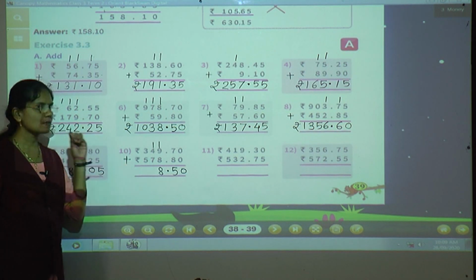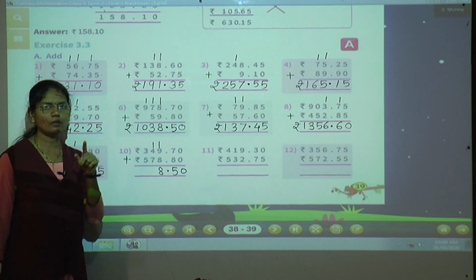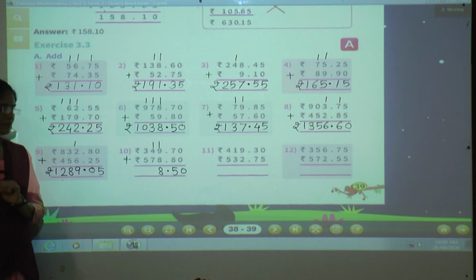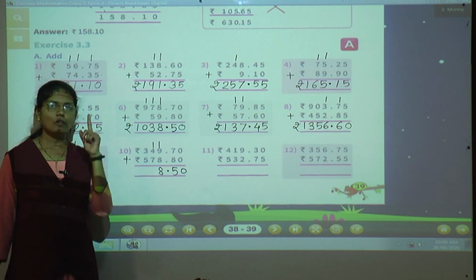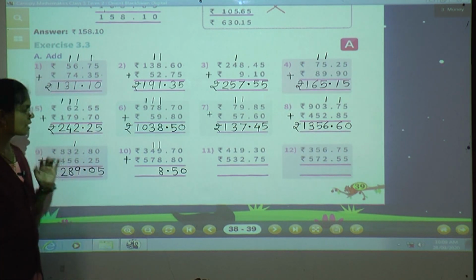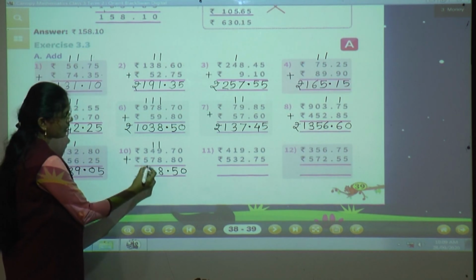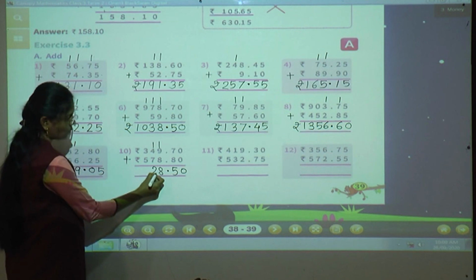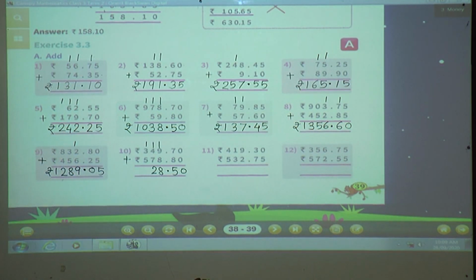5. Then this 5 you have to keep in your mind, and plus 7 means you have to take your 7 fingers. Show your 7 fingers. Which number is there in your mind? Yes, 5 is there. So after 5 you have to count your 7 fingers. So 5 plus 7, what will be the answer? 5 plus 7, 12. So here you will write 2 and 1 as a carry to the next place.